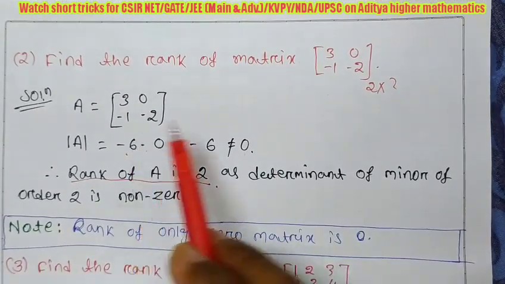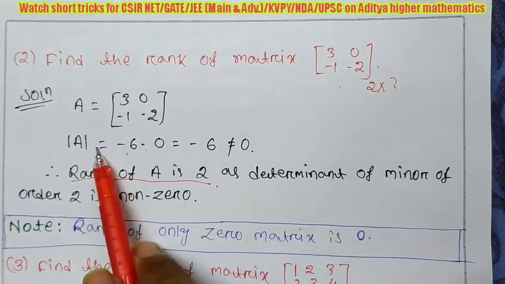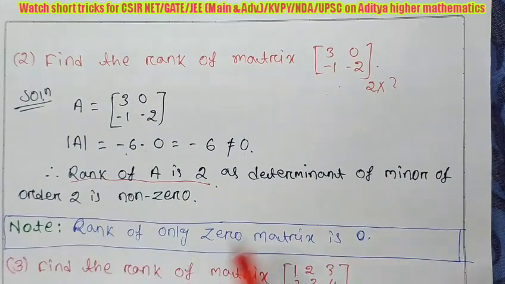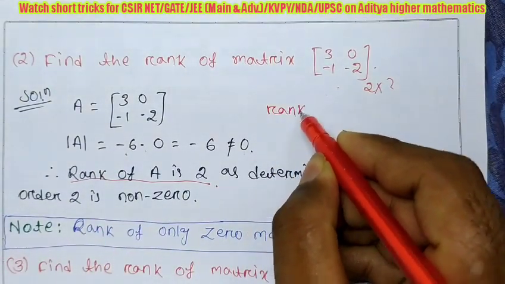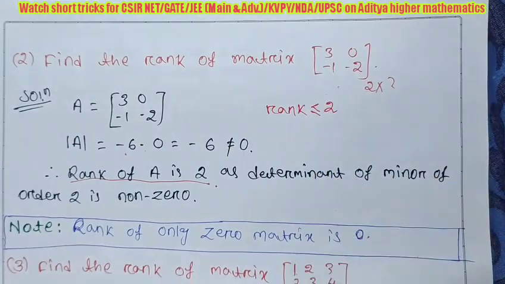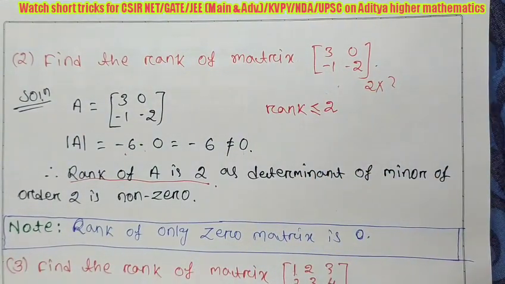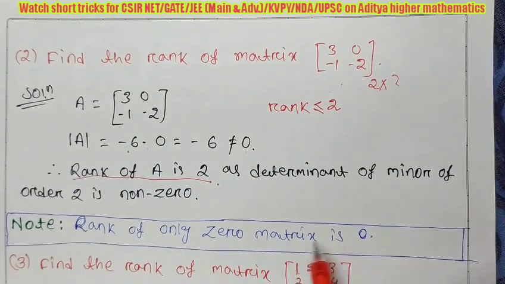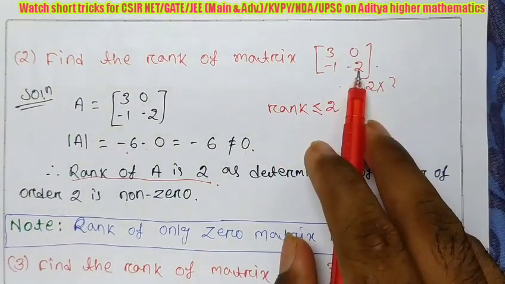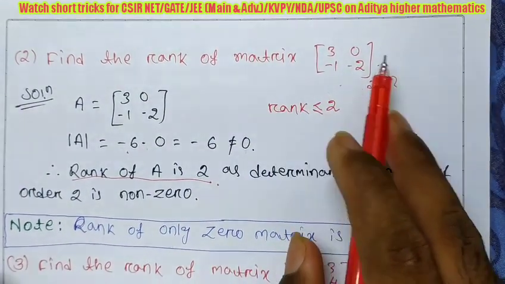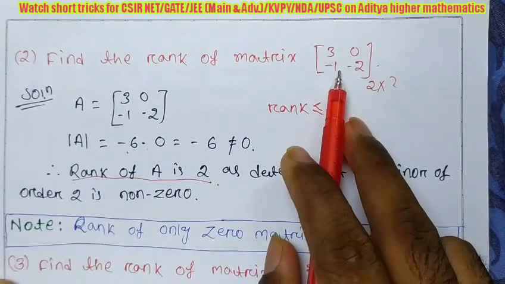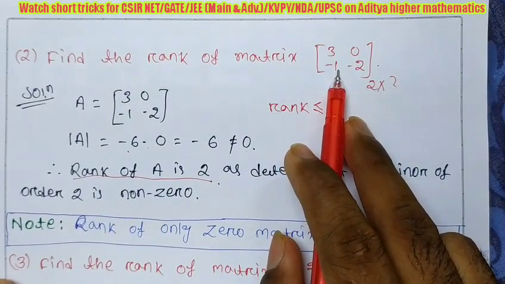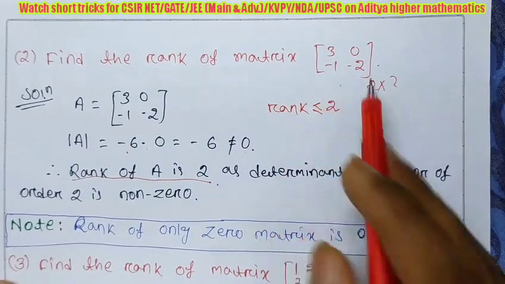Here you see another question. Here also we will find the determinant first to check its rank, and since it is 2 by 2, its rank is always less than or equal to 2. That means maybe 0 or 1 or 2. Understood? Rank is always a whole number. It may be 0, 1, 2, but remember 0 only if it is a 0 matrix. Here in that note I have written: rank of only the 0 matrix is 0. But since it is a non-zero matrix, its rank is either 1 or 2. So first you find its determinant. If its determinant is non-zero, determinant meaning order 2 minor or order 2 submatrix, then its rank is 2. Otherwise its rank is 1.